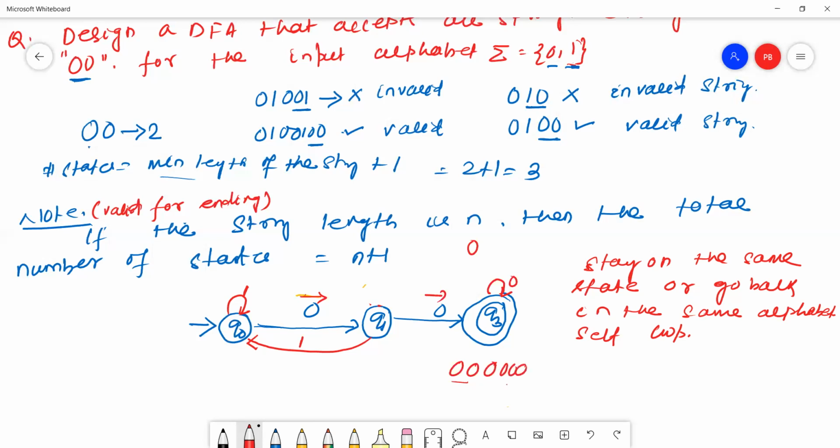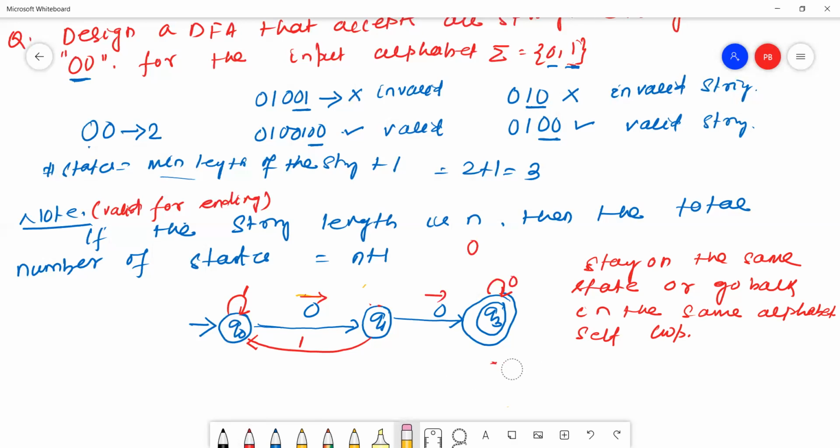All strings are valid because every string must end with 0 0. So 0 will stay on the same state.